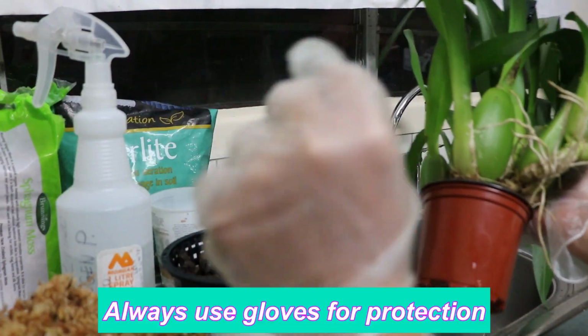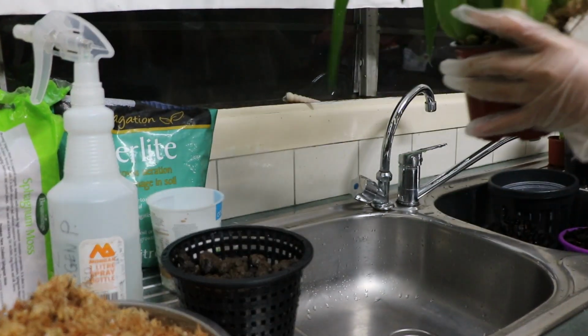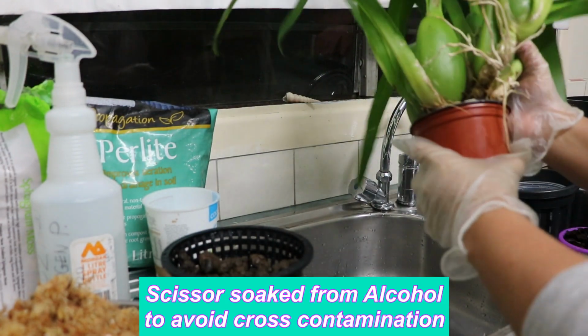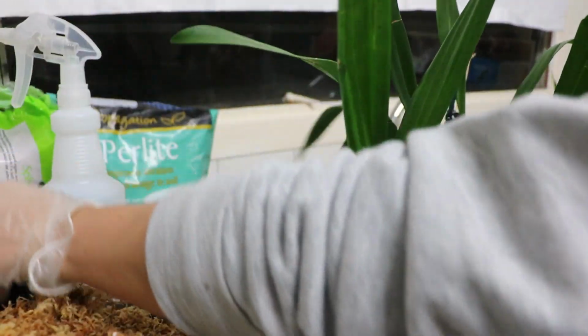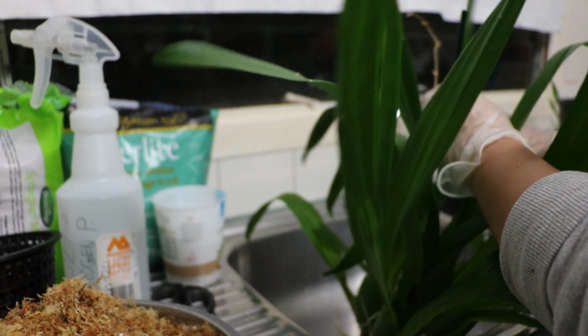I already have my gloves on, and also I got my hydrogen peroxide in case I need that really soon. Also I have my scissors. So okay, let's start now. First, I'm gonna remove this one. I hope you see what I am doing, guys. I remove this clip first, and also the stake. Alright,